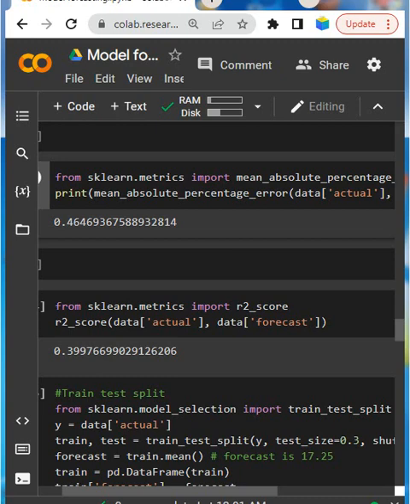Second, how to decide which model is the most accurate without waiting. So let's see overfit and out-of-sample error. You need to understand overfit and out-of-sample error.